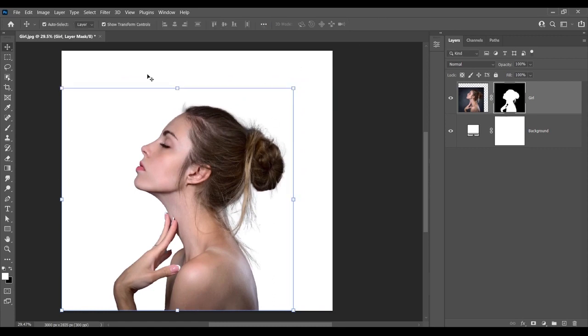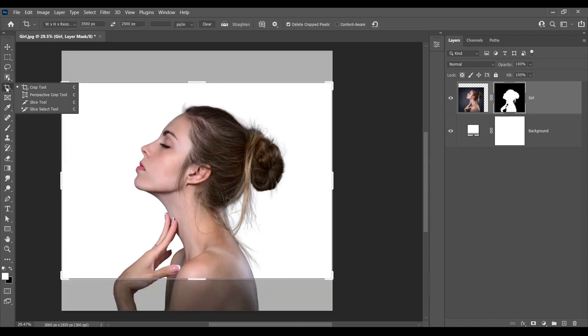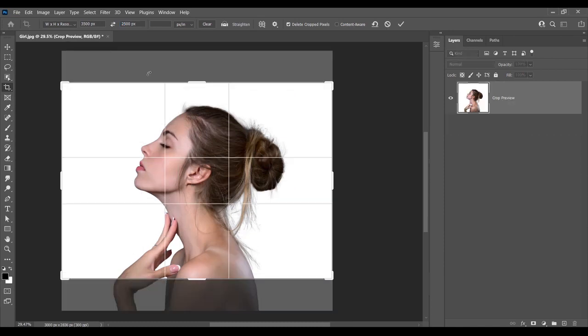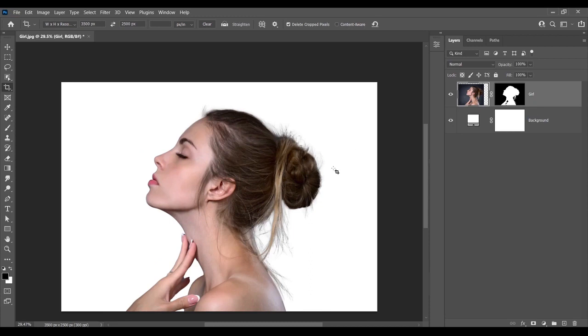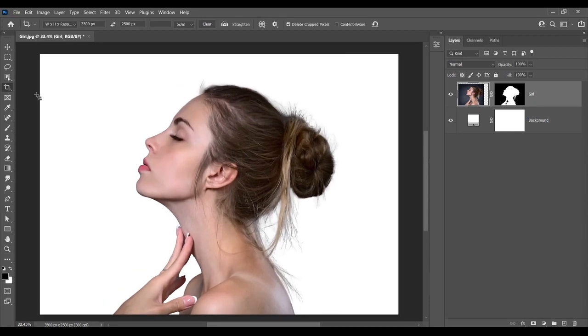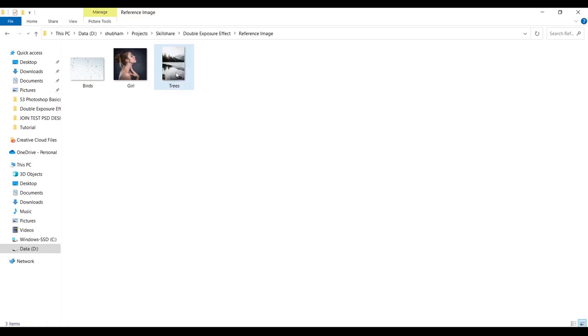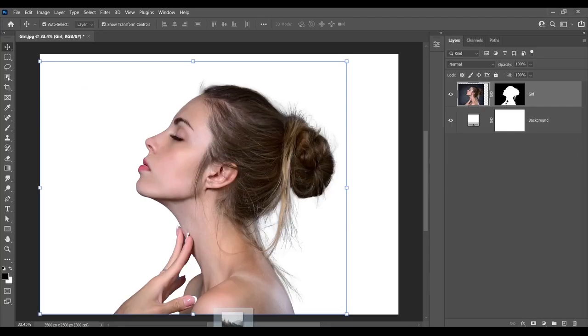Next we want a landscape size document, so we will crop the top and bottom part. Take the crop tool and in the header set the width 3500 pixels and height 2500. Click on the artboard one time to see the crop preview, then tick on the header to crop the outer part. Next we will add the image, so take the move tool and from the reference folder we are going to use this tree image, drag it inside Photoshop